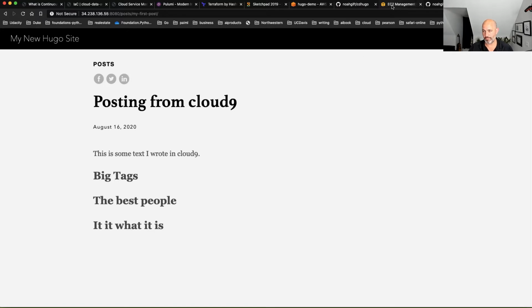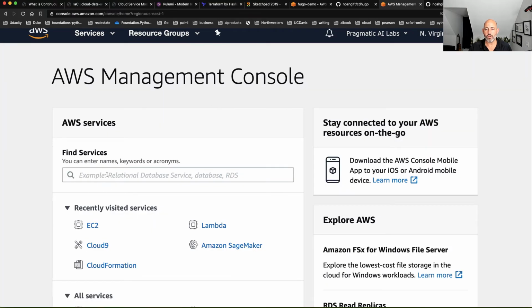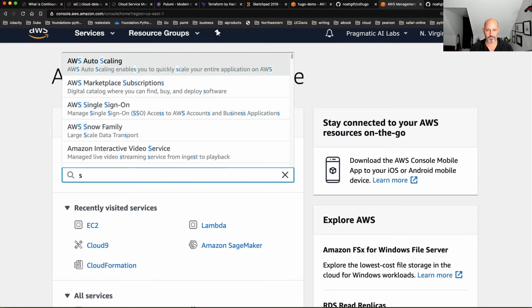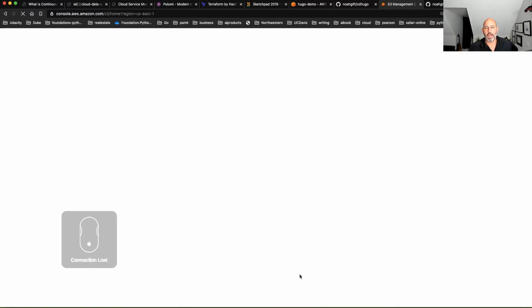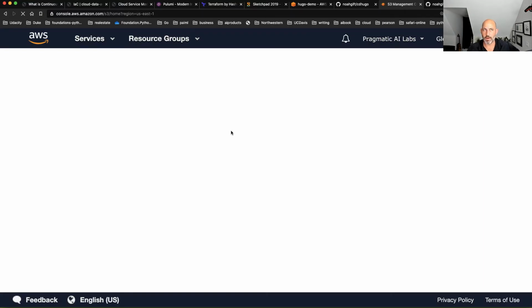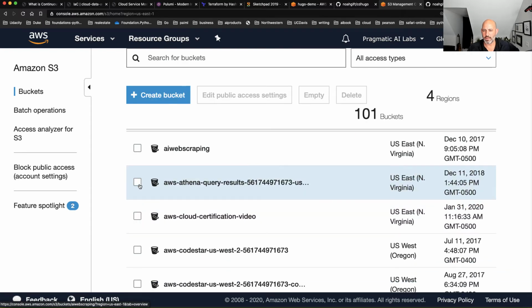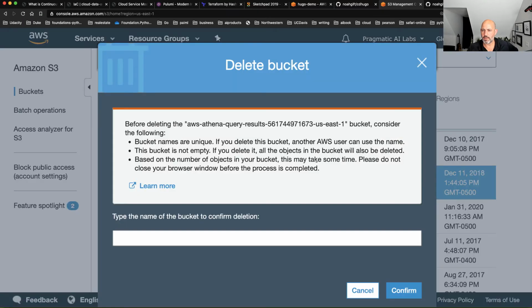So this is really pretty awesome, is that if I go back to AWS, you can create buckets that deploy code. So I'm going to go here and go to S3 and go like this. And what I will say is I'll just delete some bucket that I've got. I've got tons of extra buckets here that I don't need. First one, here we go. Web scraping, or Athena. There we go. That looks like a good one to delete. I'm just going to click on it and say delete. Let's see. Athena query results. I don't need that anymore. Hopefully there's nothing in there.